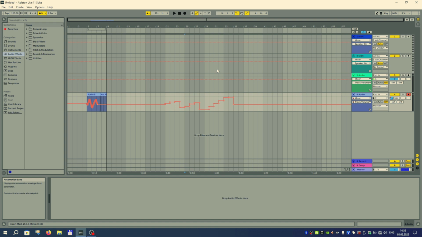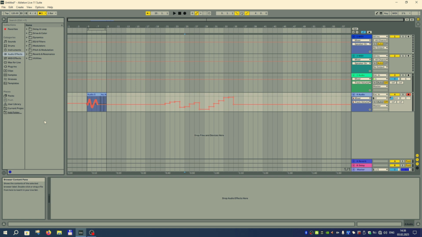But apart from that, there are also areas on the left side of the screen that you need to be aware of. And the first one is the browser. And this is the second most important element in the workflow after the main lane. So this is the place where you get access to all the samples, tools, effects, plugins, clips, presets, current project files, and so on. And you can also add your own folders here so that you have easy access to your own tools and libraries.